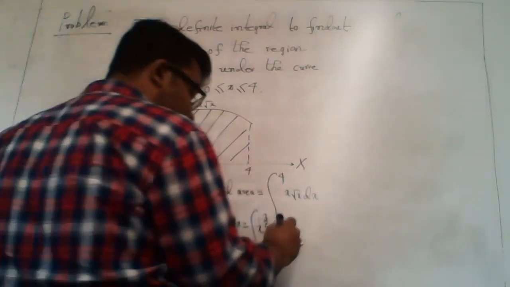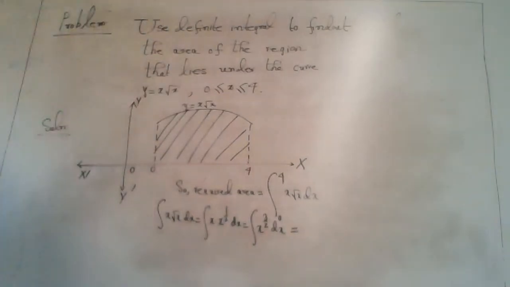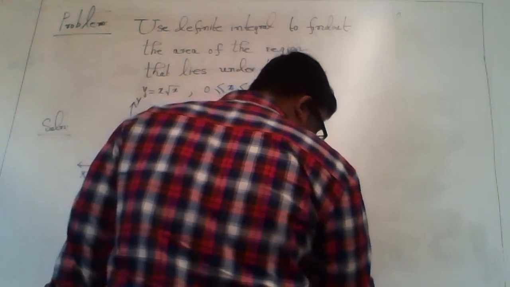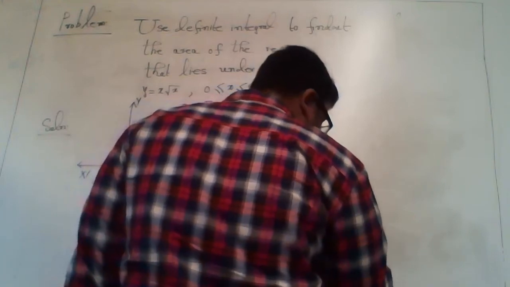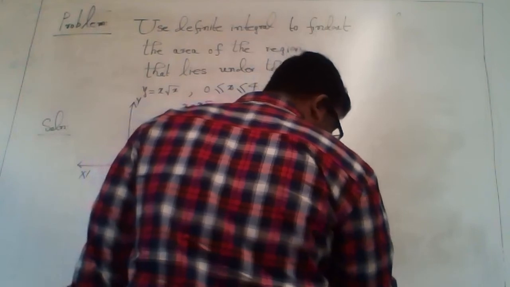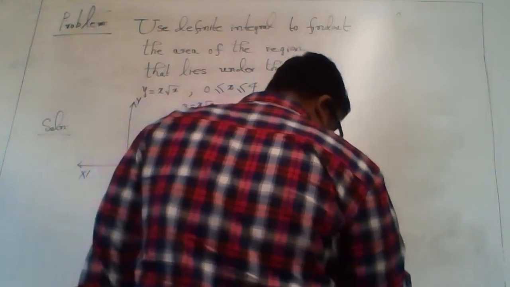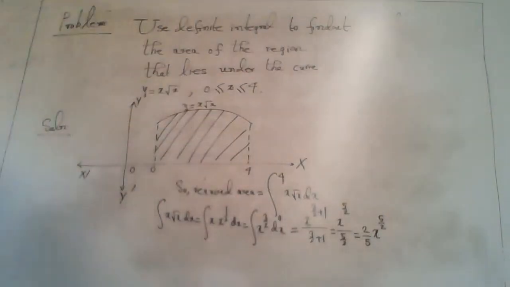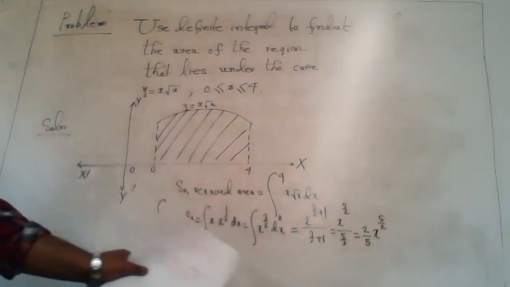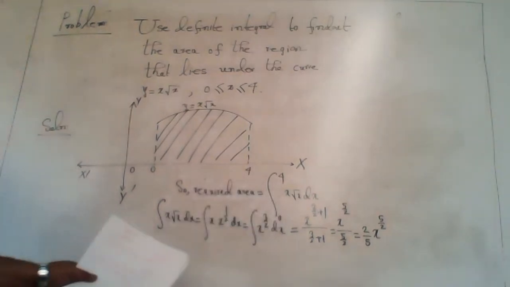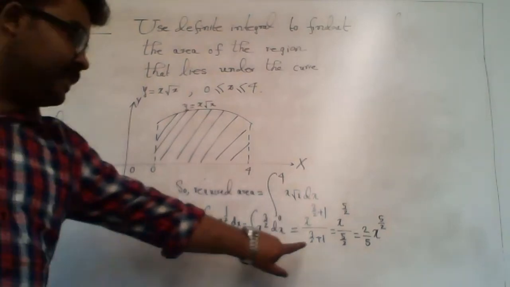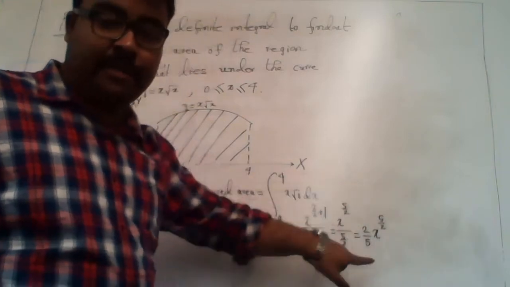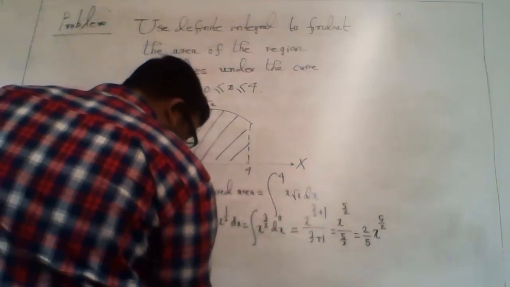Now if I evaluate the corresponding indefinite integral, I get x to the power 3 over 2 plus 1, divided by 3 over 2 plus 1. This is x to the 5 over 2 by 5 over 2, which is 2 over 5 x to the 5 over 2. This is the value of the indefinite integral. Now how do I find the area? Once I find the indefinite integral, I plug in 4, then I put 0 and find the difference. So therefore the required area